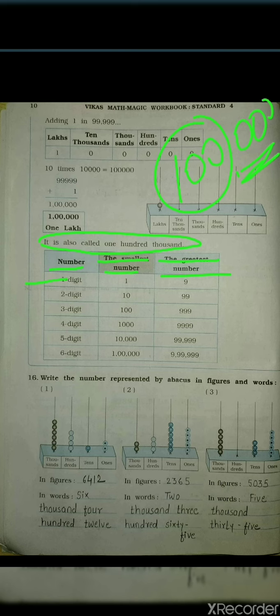अगर वन डिजिट नंबर को कंसीडर करें तो स्मॉलेस्ट नंबर कौन सा होगा? 1 से लेके 9 में 1 and the greatest number will be 9. इन टू डिजिट नंबर बिग नंबर कौन होगा? 9 के बाद 10. So 10, and the biggest number is 99. As per this we can calculate the 3 digit, 4 digit, 5 digit, 6 digit smallest number and greatest number. With the help of this, we need to solve the following questions.